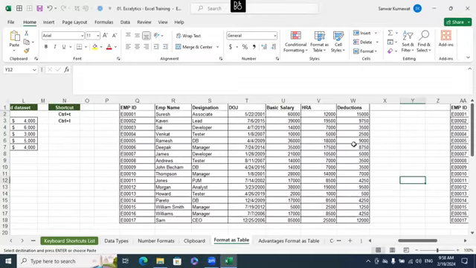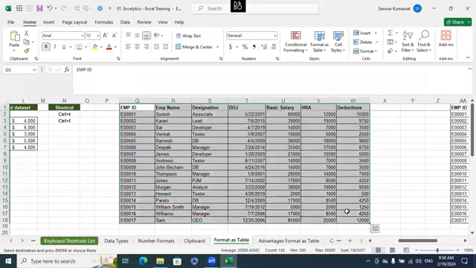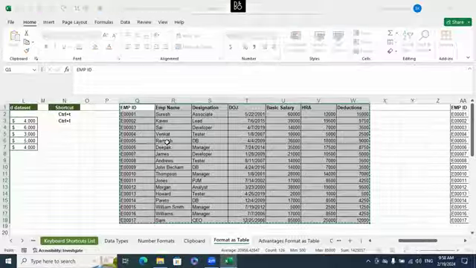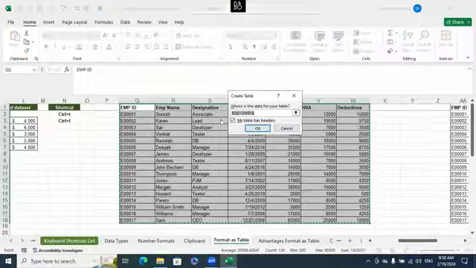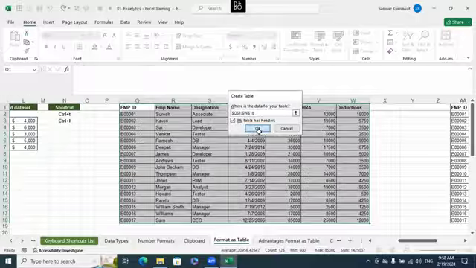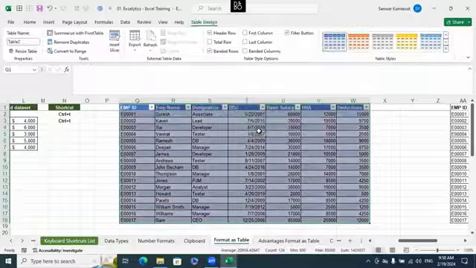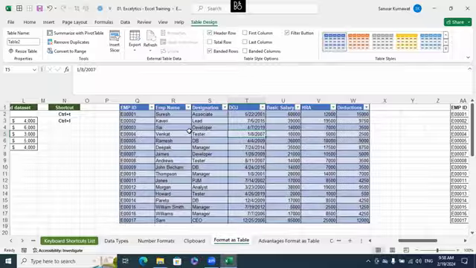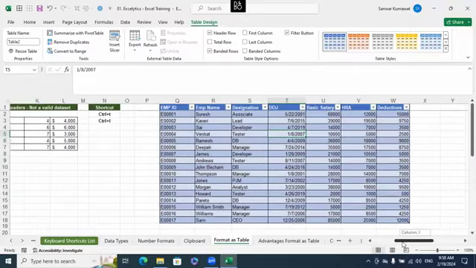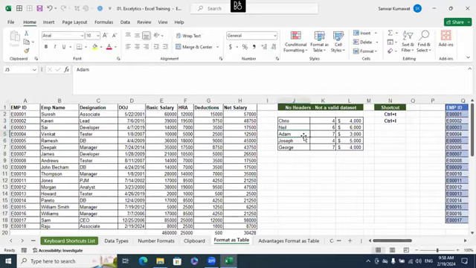Now what I will do is simply select this data set, and I will change this into format as a table. What will I apply? Control T. Once you apply Control T, this window will appear. Hit OK. Now this has been changed into format as a table. Table design, right? Okay, now someone is asking you, can you tell me whether this table is format as a table